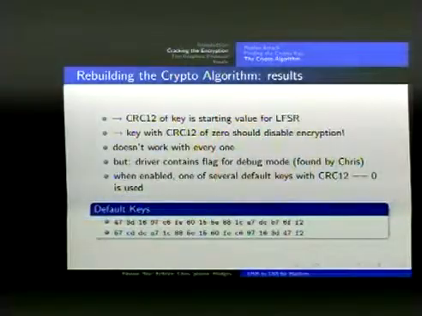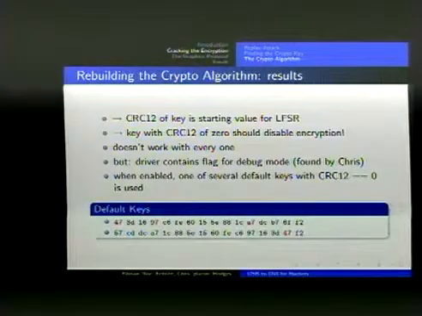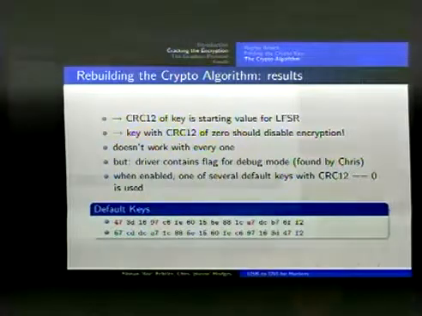Okay, so one interesting piece is, of course, that LFSRs which are loaded with 0 will always output 0. So if you have a CRC12 of 0, this should just disable the encryption entirely. For some reason which we haven't been able to figure out yet, it doesn't work with every key, but there are some keys which do have a CRC12 of 0 and which do disable the encryption, and we found these